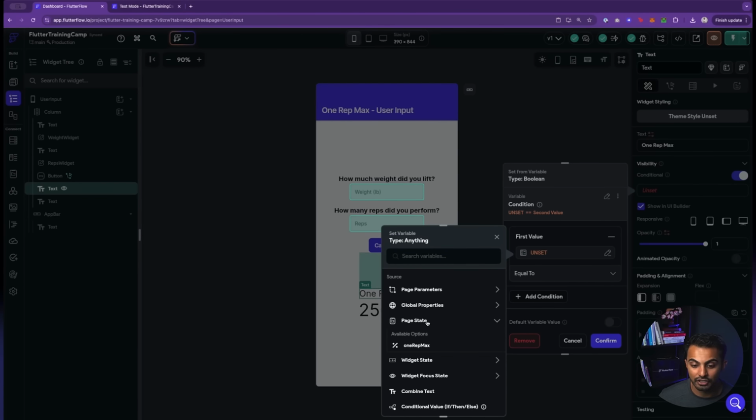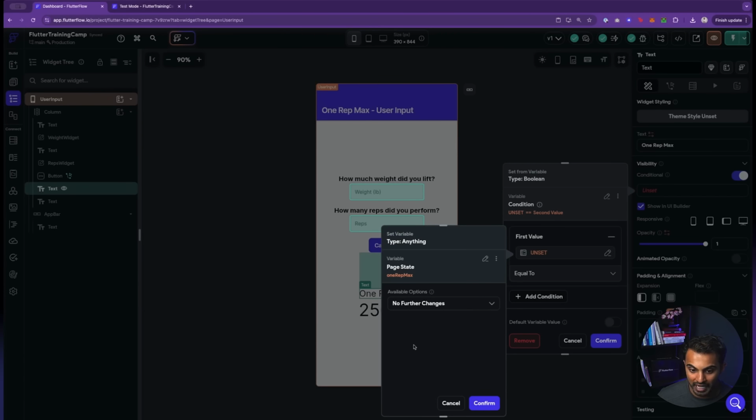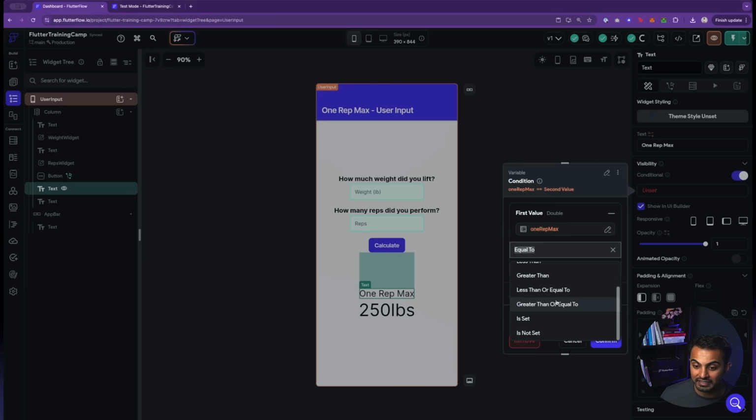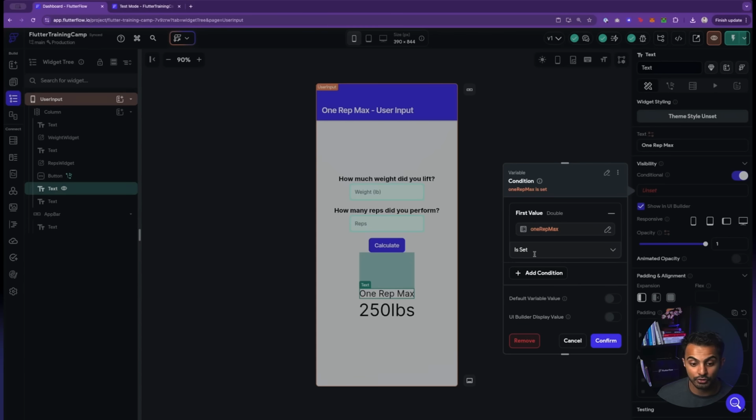I can say, hey, check the page state 1 rep max, okay, and see if it is set. If it is set, then this evaluation would be true. However, I only want to show this 1 rep max if it's not set because that means that somebody hasn't clicked on the button yet.